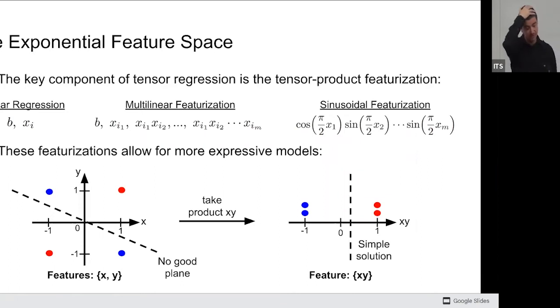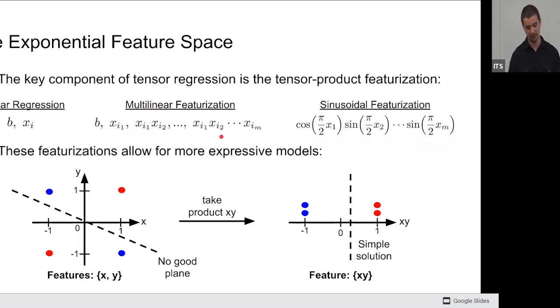I was interested in particular in how this feature space is used, right? Because we know that X here is huge. That was the whole point of this. And so X lives in a feature space that is exponentially large in the number of features you have. That's useful because it gives you more powerful regressions to work with. Linear regression, just bias and xi, is weak. If you incorporate more features, for example all multilinear features, all products of features, that's more powerful, but